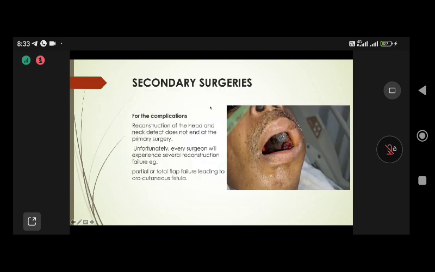Now, secondary surgeries in reconstruction. For the complications, reconstruction of head and neck defect does not end at the primary surgery. Unfortunately, every surgeon will experience several reconstruction failures. For example, partial or total flap failure, fistula,